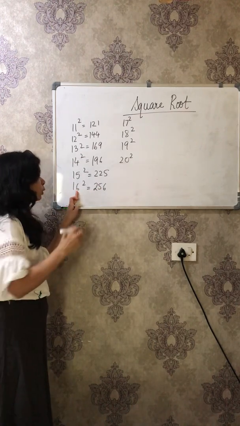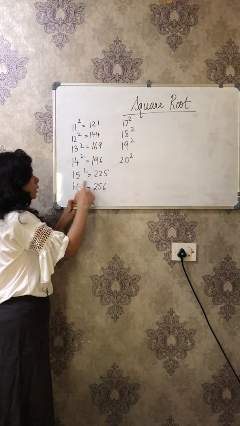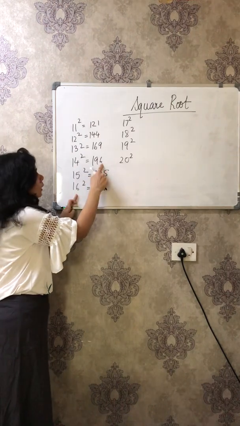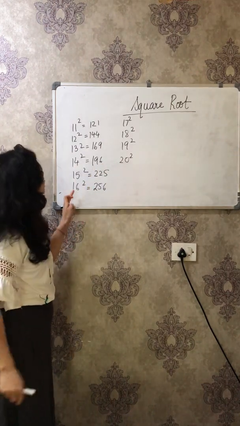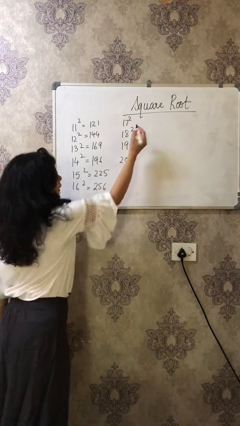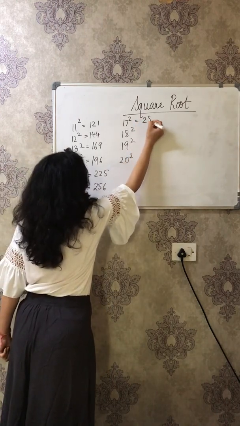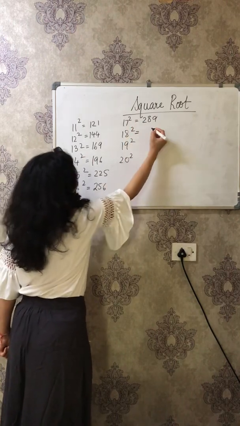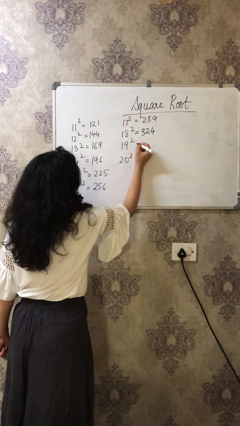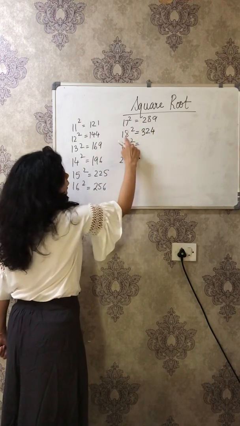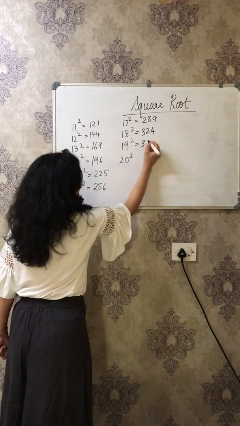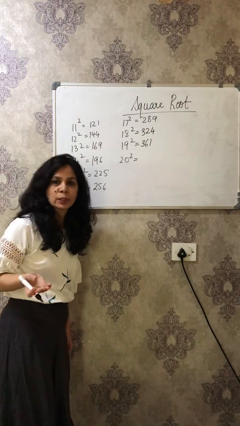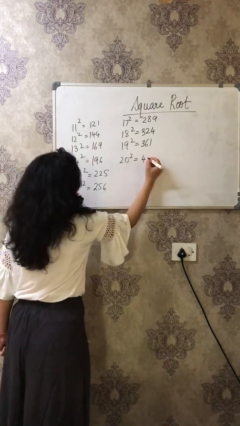You can remember that way also because 6 6s are 36, so 6 will come here, 5 5s are 25, so 5 will come at the ones place, again 4 4s are 16, so 6 will come at the ones place. That way also you can remember. So 16 square is equal to 256. 17 square is equal to 289. 9 will come because 7 7s are 49. And then 18 square: 8 8s are 64, so 4 will come here, 324. I remember it like 7 4s are 28, 8 4s are 32, 9 4s are 36, and 1 will come because 9 9s are 81, so 1 will come at the ones place. And 20 into 20 is very simple, 2 2s are 4 and 2 zeros.